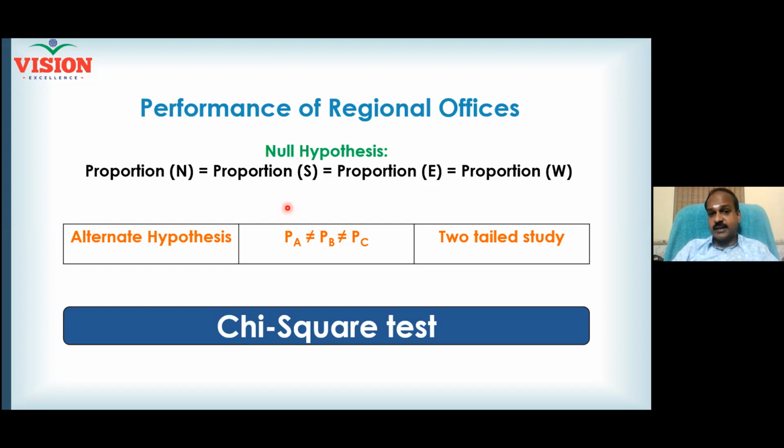Once you know the error, you know your confidence interval. You know what a confidence interval is? What you observed is 500. It doesn't mean that only 500 will happen. 500 plus or minus will happen. Am I right? Since you scored 80 marks in the exam, it doesn't mean every time you will score 80. You will score 80 plus or minus some marks. That plus or minus can be understood by knowing the standard error.